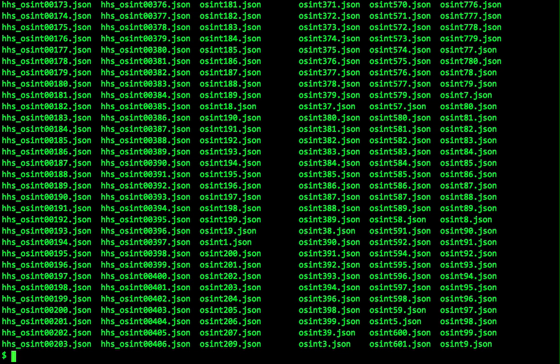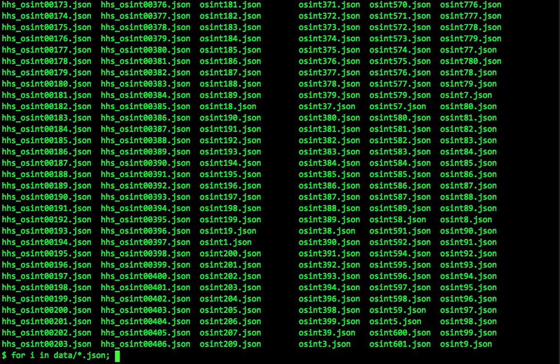So the first thing we want to do is load it in. I know Kevin Thompson had done that before using Python, which is the fastest method, probably the easiest actually in the long run. But there's a command line tool that we can do this as well. So I've got this data directory that has these files in it. So what I want to do is loop through those files, the JSON files in that directory,